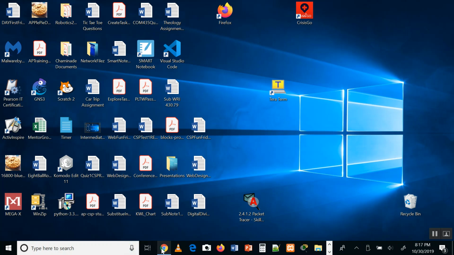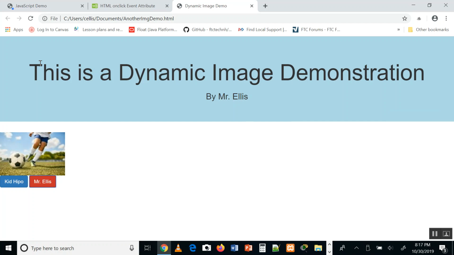I have it here in Chrome. I want a header. This is created with Jumbotron, of course. We have used a style tag in the header to change the attributes of Jumbotron. It's no longer gray and left justified. The background is blue and everything is centered. This is my image. I have one image. I haven't centered it. I haven't done anything special. All I've done is put it in a div with my 2